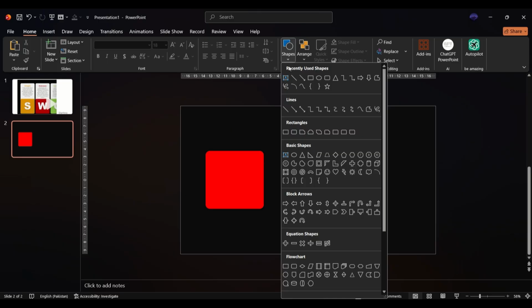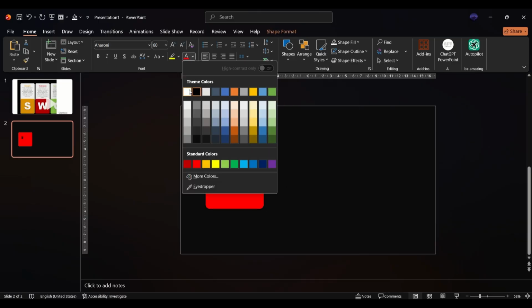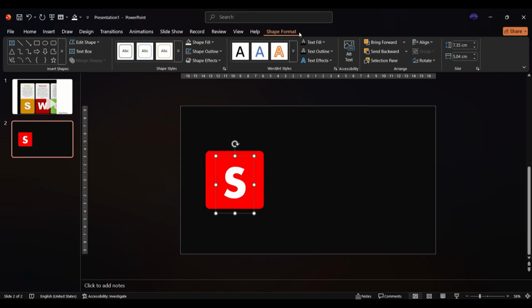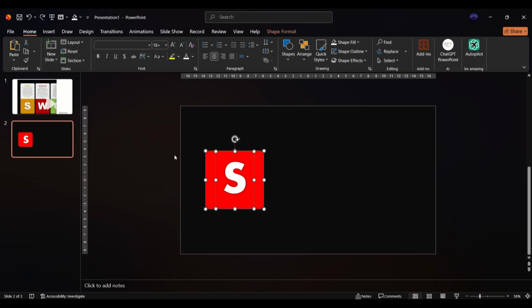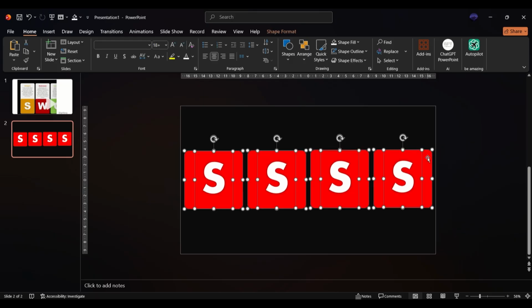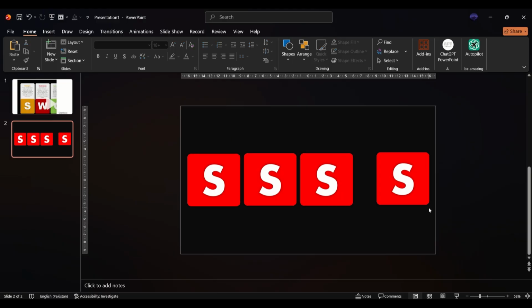Then we're gonna give it the shadow of the 5th number and add a text box in which we're gonna type our main text in very big alphabets. Here we go. Then we're gonna duplicate these templates and the squares, and one by one we're gonna decrease the